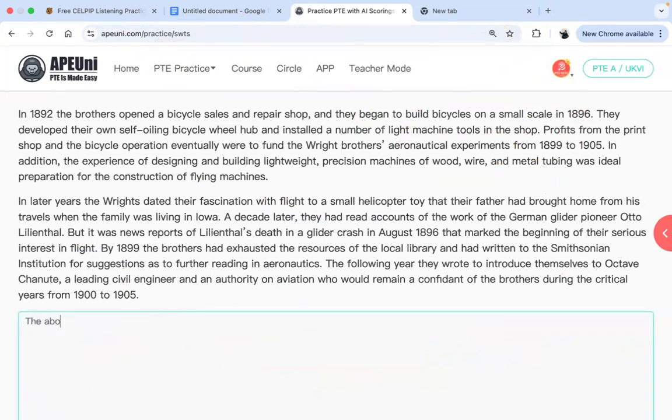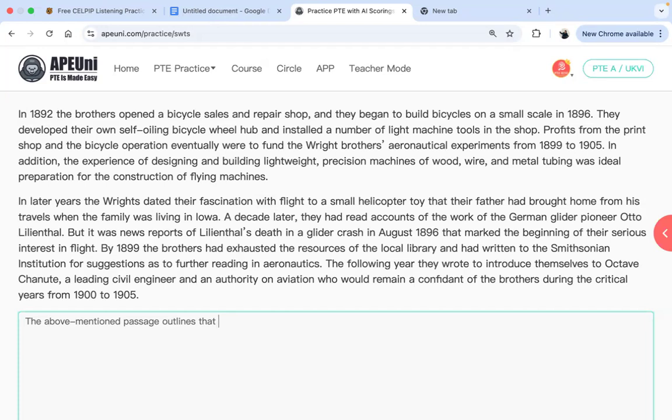The above-mentioned passage outlines that. Okay. Now let's try to read the first line and see what can we say. In 1892, the brothers opened a bicycle sales and repair shop, and they began to build bicycles on a small scale in 1896. Can we say outlines that